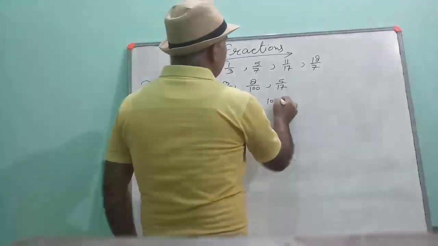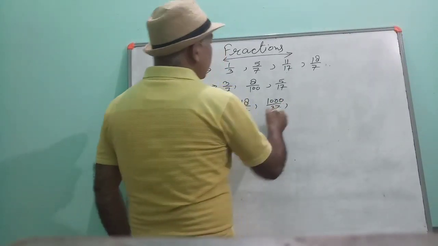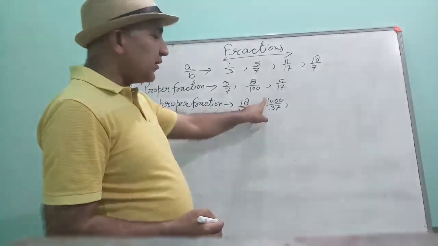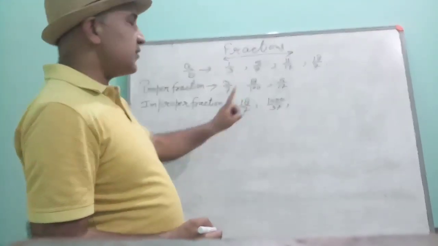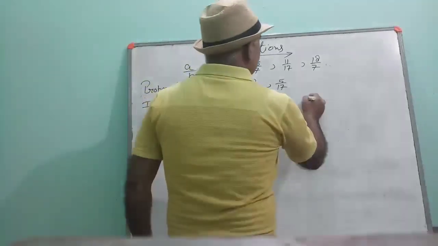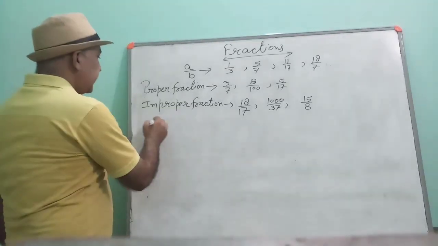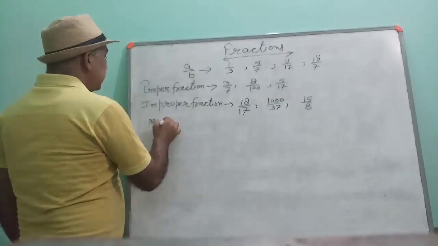Take one more example. 1000 upon 37. 1000 is greater than 37. Numerator is greater than denominator. So this is an improper fraction. 15 upon 8. This is an improper fraction. Okay. Now we will see